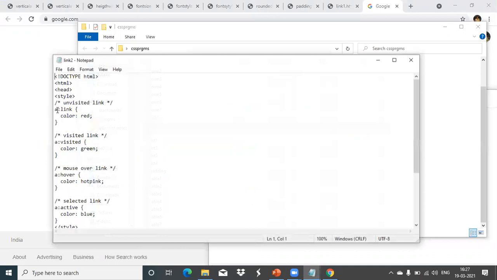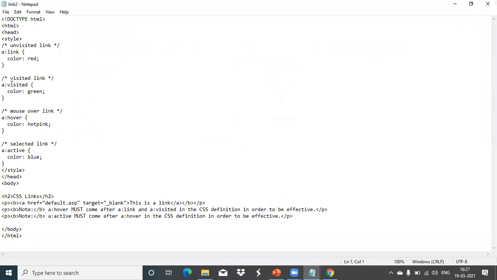Like this. So for the link we have given red color. Another property we are setting is visited, that A name, its color is green. Now hover is there. That means if I place the mouse over that link, what color should it show? That is only hover. Now if I am selecting that link, what color should that link have?